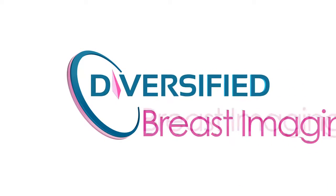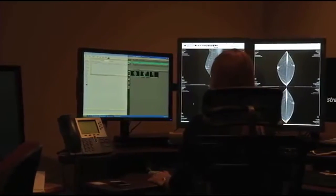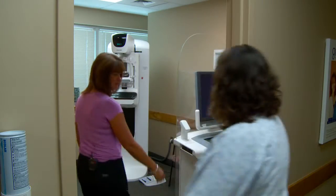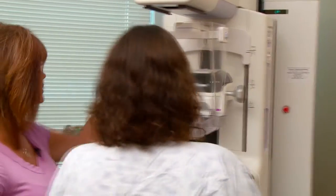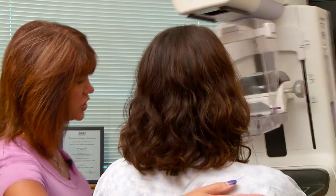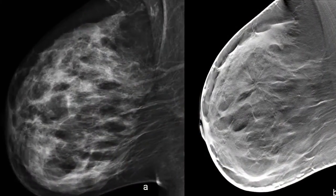For the Diversified Radiology Mammography team, the newest fight against breast cancer involves a new combination, 3D imaging coupled with ultrasound. Which is the new tomosynthesis imaging, which will help us to see smaller lesions in the breast, and it also helps us to kind of problem solve and not call so many women back for their imaging. So it eliminates their emotional strain at being called back for imaging because we're able to see through the breast